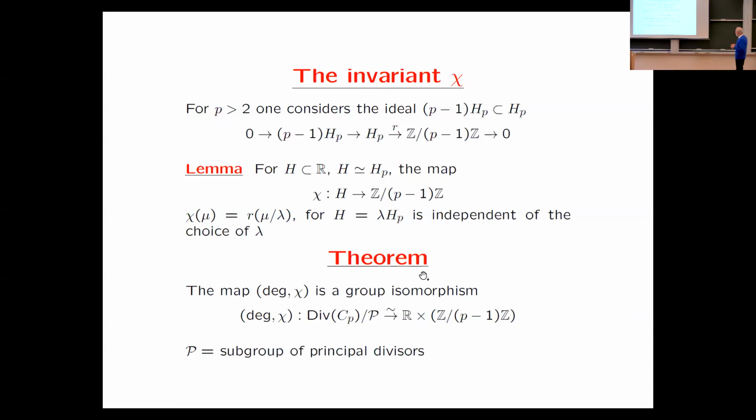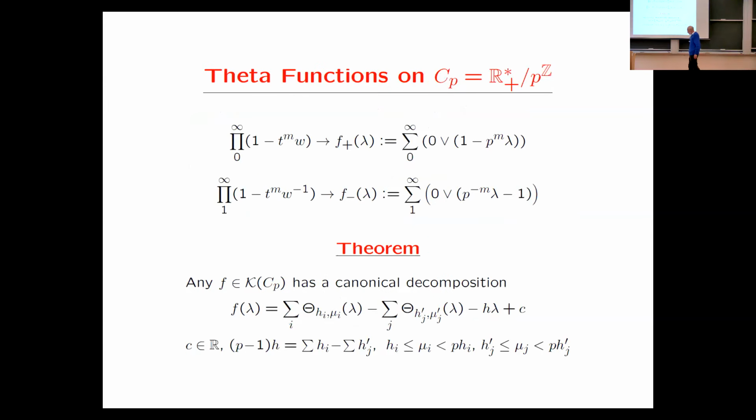And then we have a theorem that the map combining the degree with this invariant chi is in fact a group isomorphism of the divisor classes with the product of R by this finite group, Z modulo (p minus 1)Z. Then what we did with Katya was to investigate the theory of elliptic functions. We investigate the theory of theta functions, because to construct elliptic functions, you need theta functions. So we did the analog of theta functions on this R plus star divided by P to the Z. The whole beauty is that even though it's R plus star divided by P to the Z, a circle of length log P,